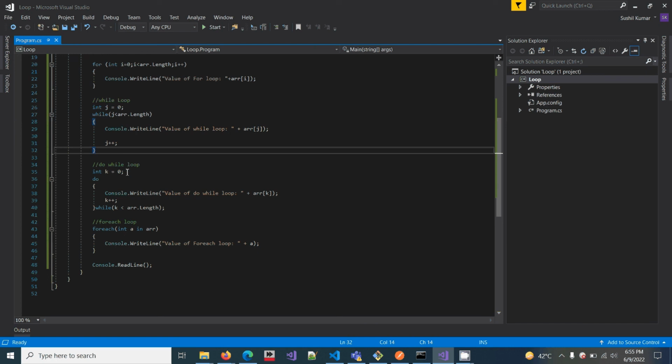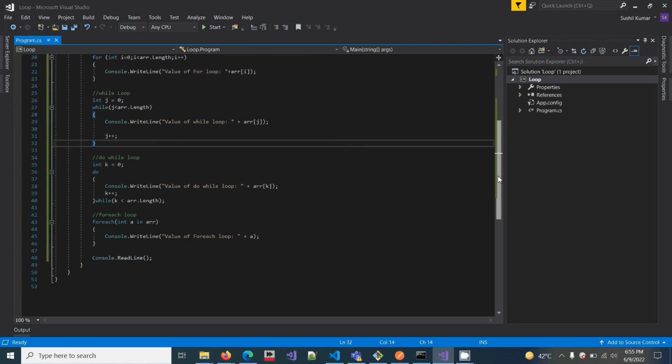In do while loop, first the body executes, after that increment and check the conditions. Whether your condition is true or false does not matter the first time; the first time the body will be executed. For each loop, you can't jump any index value. It will display sequentially from index 0.